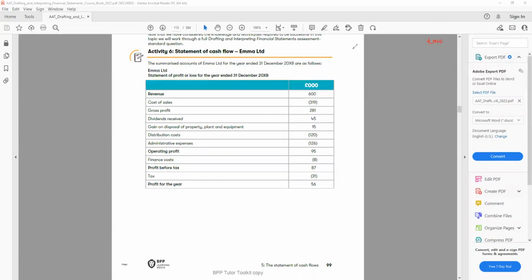So let's start with our profit before tax. Profit before tax, we have 87. We start with 87. Remember, you just need to learn the indirect method. You don't have to know the direct method because the direct method will not be in the exam. So profit before tax, now we have to do the adjustment. Adjustment for